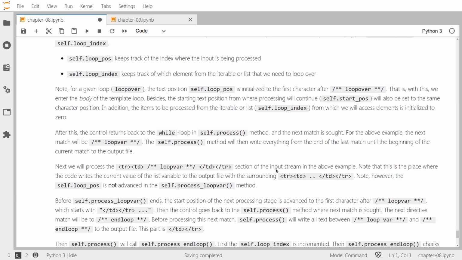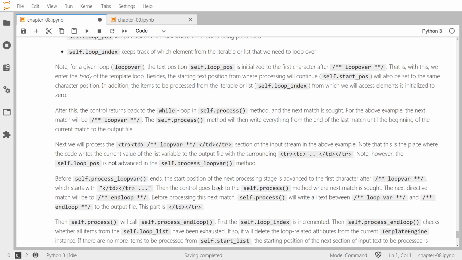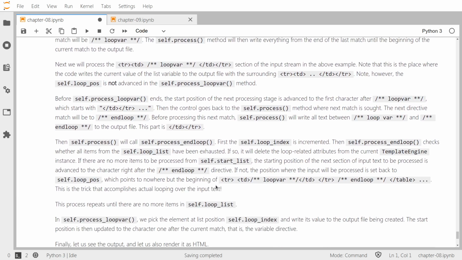This section in the input stream in the above example, note that this is the place where the code writes the current value of the list variable to the output file with the surrounding tr, td or row, table data and so on. Note, however, that the loop position is not advanced in the self-process loop variable method. Before self-process loop variable ends, the start position of the next processing stage is advanced to the first character after